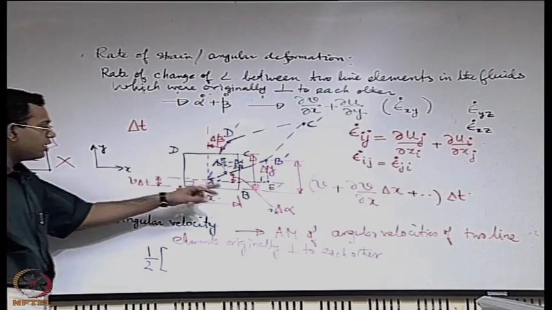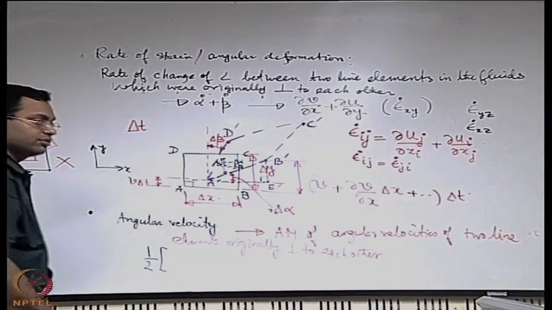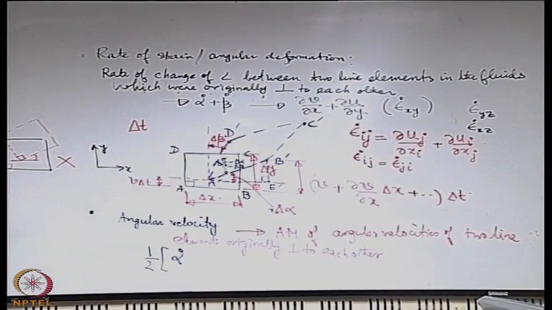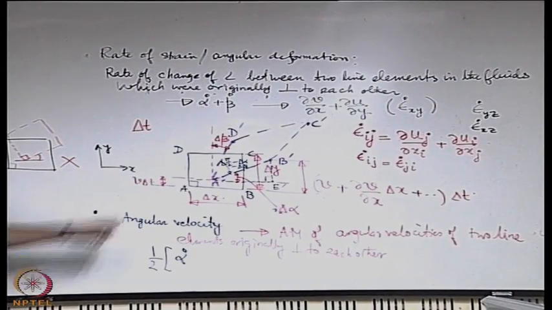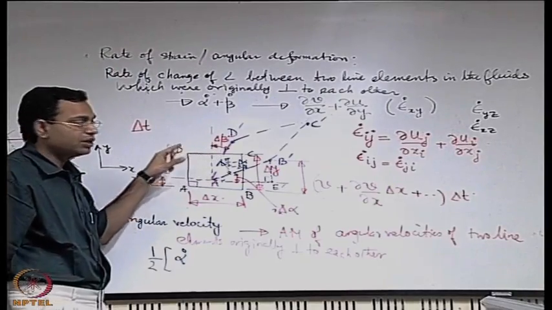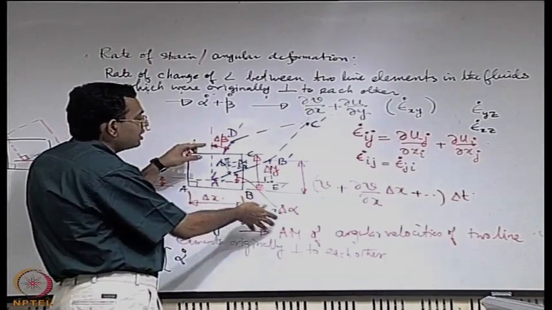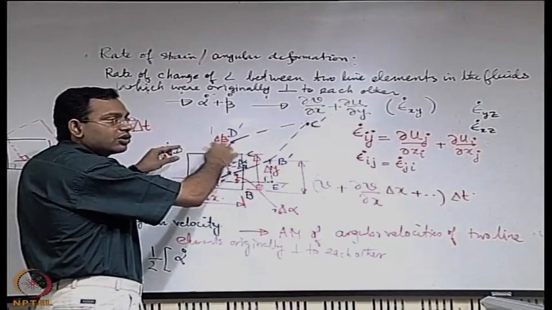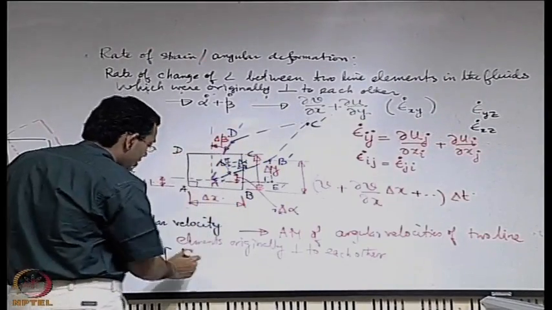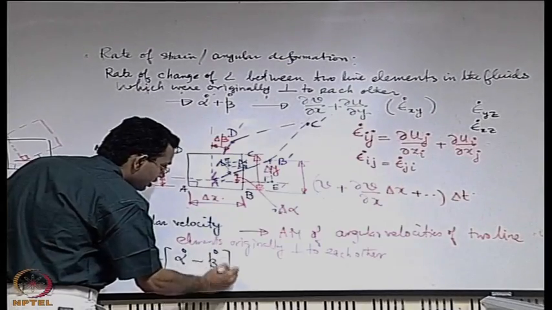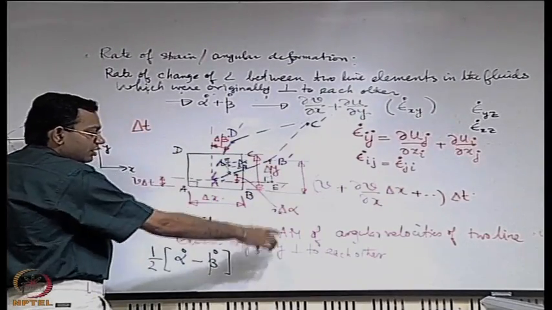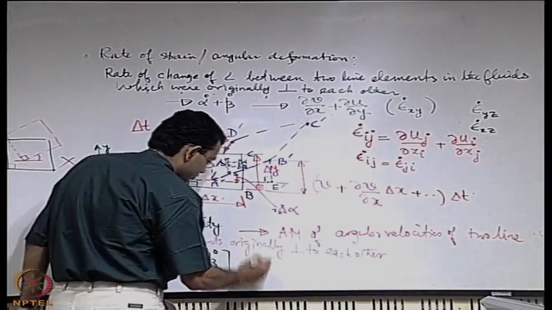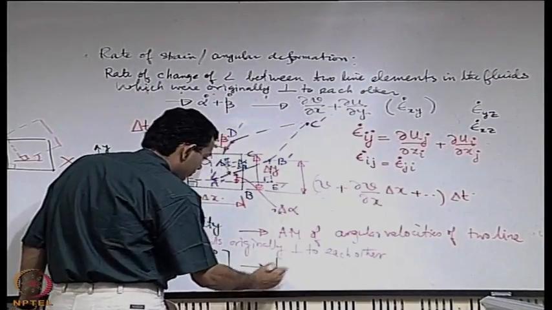So what is the angular velocity of AB? That is alpha dot. What is the angular velocity of AD? According to this figure it is minus beta dot, because alpha dot in this figure is in the anti-clockwise direction. If we take that as positive, beta dot is in the clockwise direction, so we should take it as negative, because we are already putting the magnitudes of alpha dot and beta dot in terms of u and v. So this will become half of